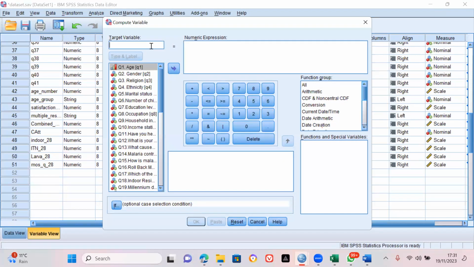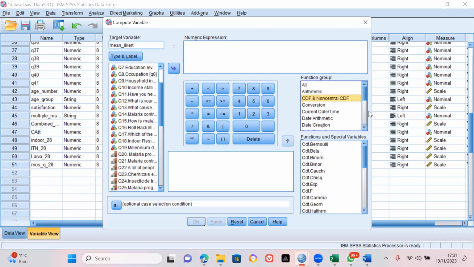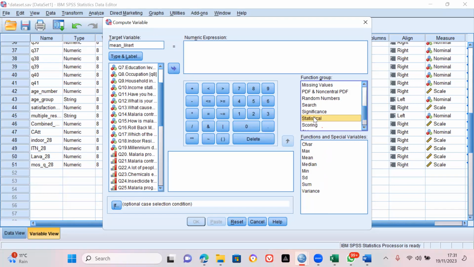Now I want to name my variable, okay? So my variable is mean underscore Likert. So I want to just get the mean. Since I've decided that it's the mean that I want to use, I want to get the mean. So I give it a name, and then I need to select a function here. So I'll click on it and then scroll down to where I will see statistical, okay? So I'll click on it. First of all, I just gave it a name, any name I like, okay? Then I select